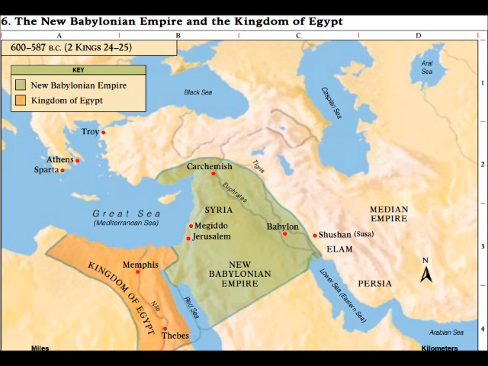So then he concludes this part of it by talking about the Assyrians. It says, the Lord of hosts hath sworn, saying, surely as I have thought, so shall it come to pass, and as I have purposed, so shall it stand, that I will bring the Assyrian in my land, and upon my mountains tread him under foot. Then shall his yoke depart from off them, and his burden depart from off their shoulders.